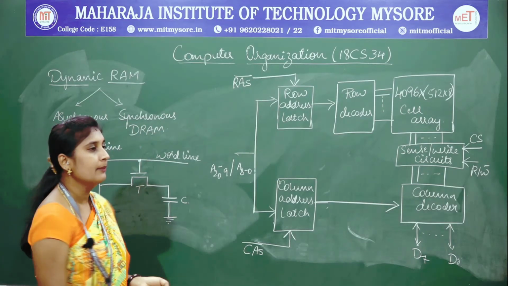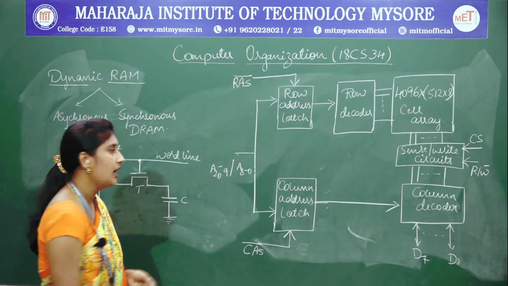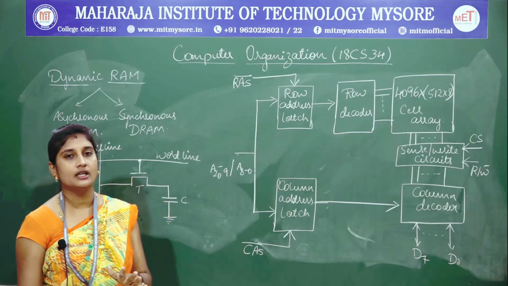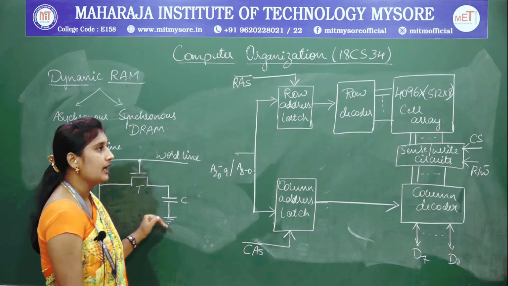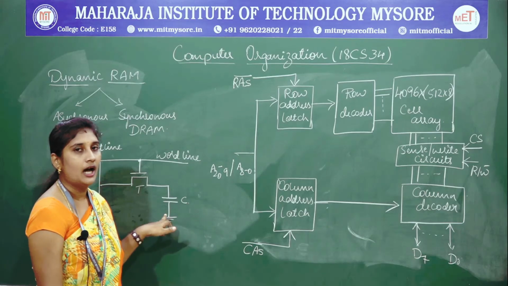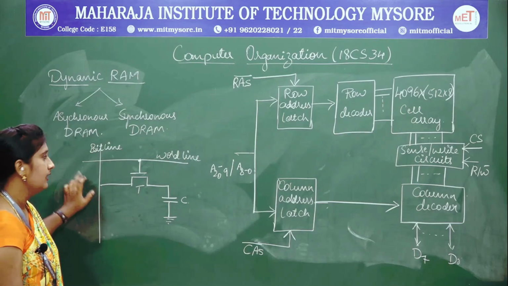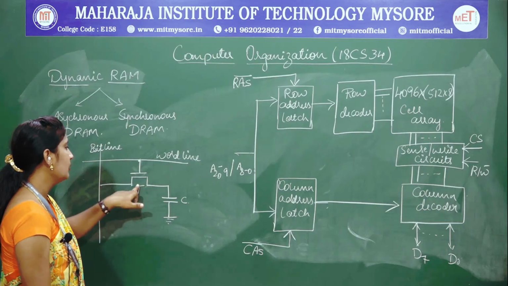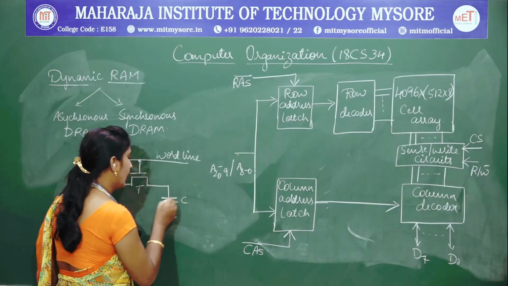Coming to your DRAM, the information is stored in the DRAM cell in the form of a charge in the capacitor, whereas in static RAM cells it retains its state as long as power is supplied to your computer system. In dynamic RAM cells the information is stored as a charge on the capacitor. So whenever the bit line or word line is activated, the transistor will be closed, and power will be supplied to charge the capacitor up to the threshold value.